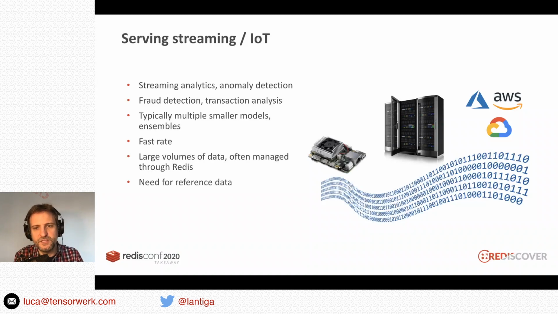And then, of course, all the IoT and streaming data world analytics where you want to do, for example, anomaly detection, drift, predictive maintenance from devices generating a lot of data in time, or in financial institutions, fraud detection, transaction analysis. Here, typically you use much smaller models than what we have seen in the previous slide, but many times you use them in ensembles. So many of them together on data that flows in at a fast rate,